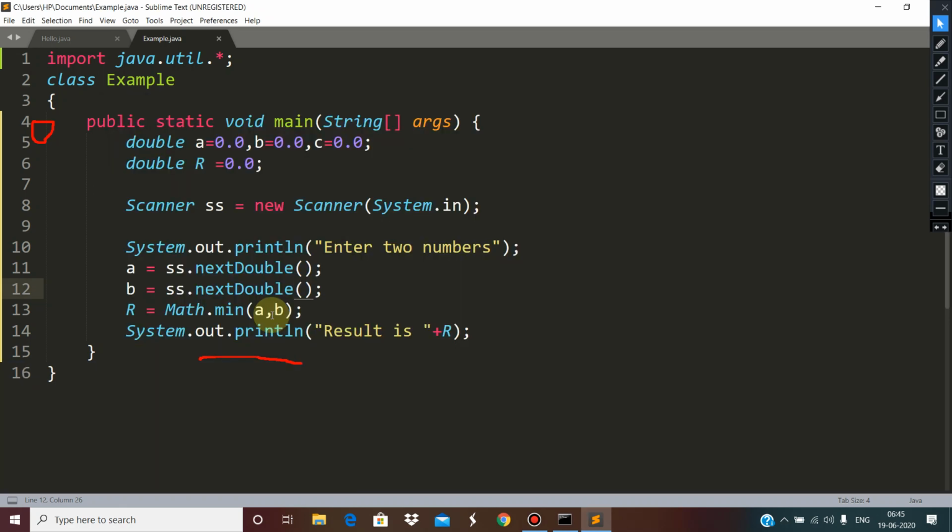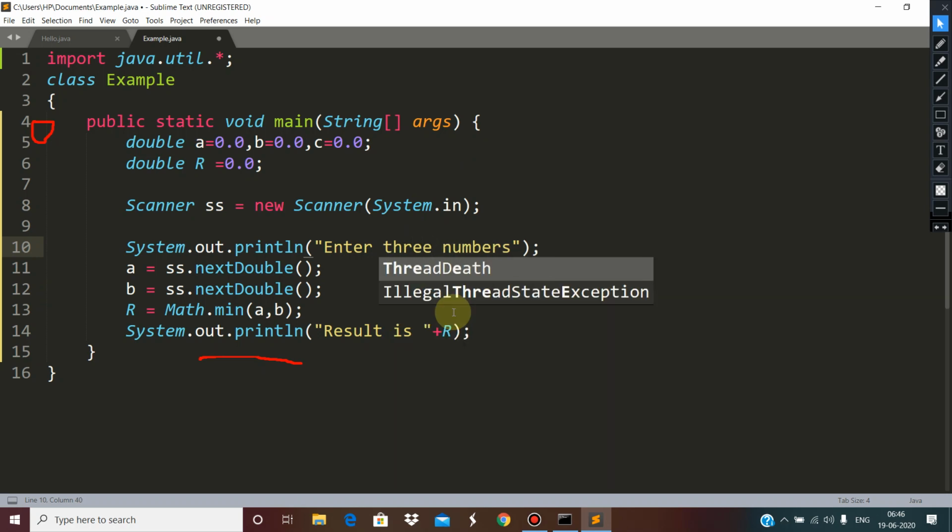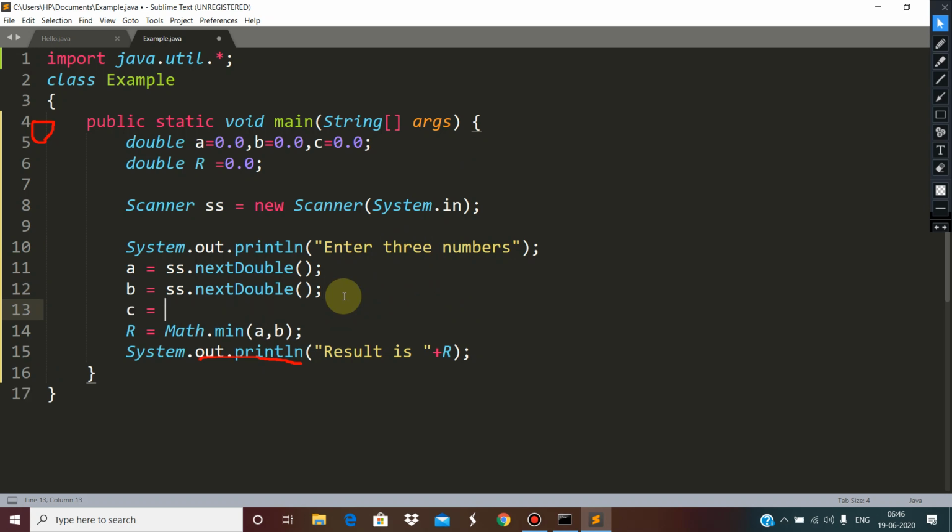Okay. Children, in case we want to find out the smallest among three, then what to do? I told you that this function can receive only two parameters. So enter three numbers first, and here C is ss.nextDouble. Then what will you do?